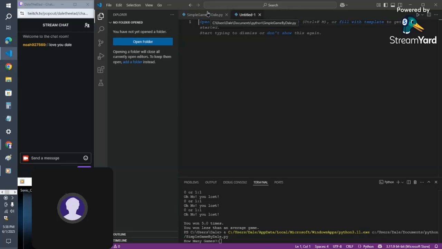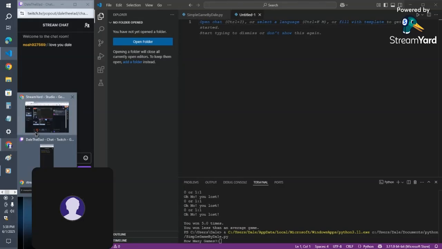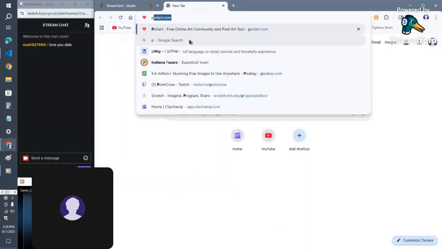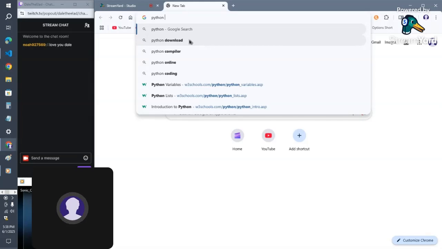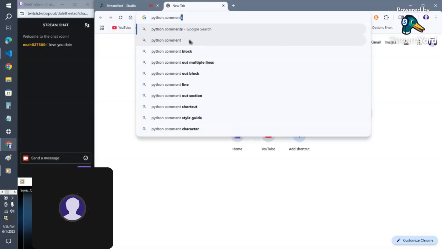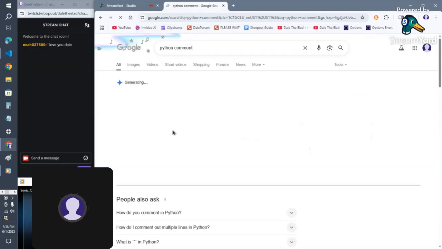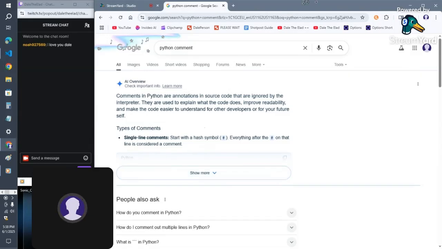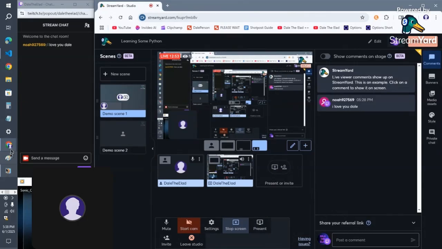Let me just do. Well, first I have to come up with something. So let me remember what a comment is. Python comment, search it up on Google. Because I remember it's not a //. Oh, so it's just a hashtag symbol.